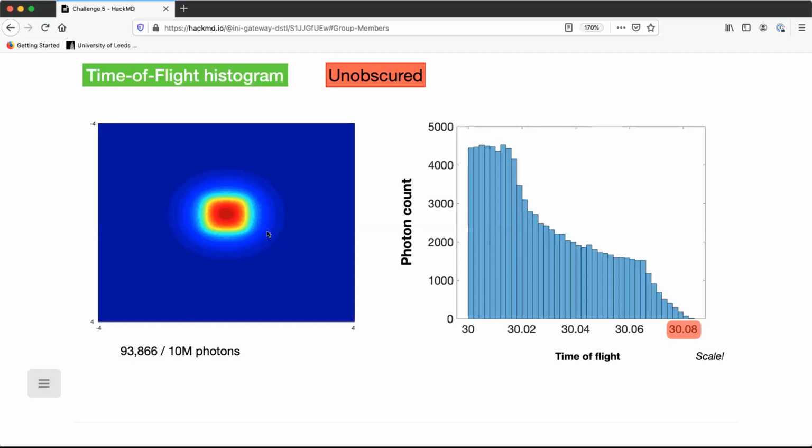And if you take a histogram of the time of flight, you see that. It's interesting to see this is 30 meters over C, this is where everything starts. It's the shortest possible path, and then it goes up, and it's just a little bit away from 30, and that's the distribution, which is purely geometrical.